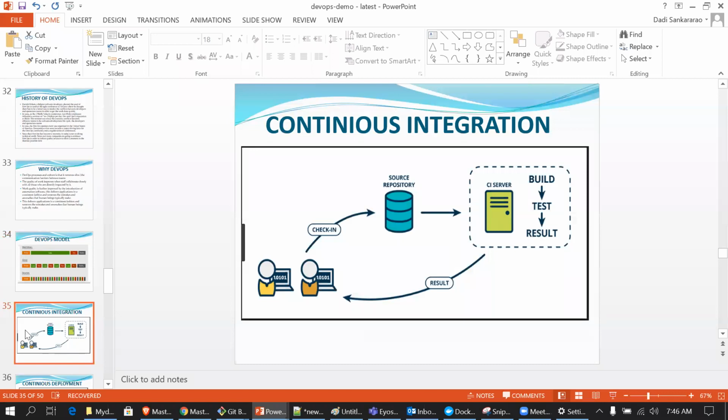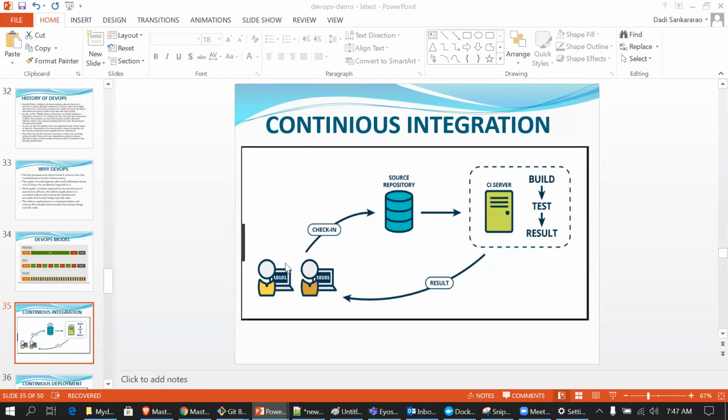So now, if we try to understand in a simpler way, what exactly the continuous integration is going to do, what exactly the continuous deployment or delivery is going to do, means how the process is going to be implemented in a simpler way. So this is the slide which is going to discuss the integration, right? And this deployment and delivery, right? So here,